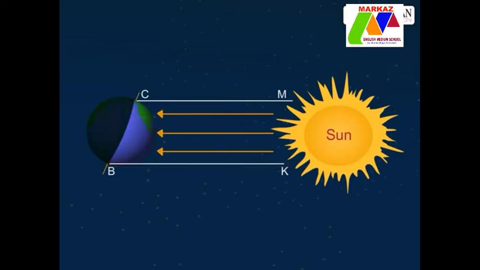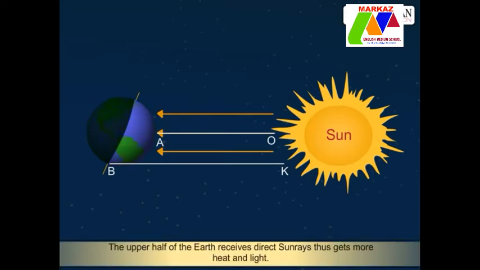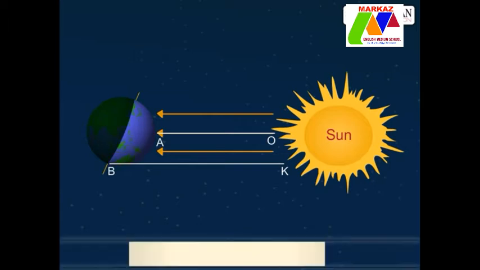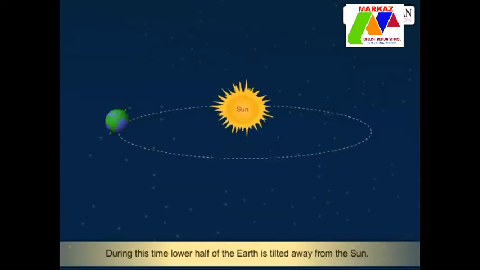BK are the points from the south pole to the sun. These points help us understand that the upper half of the earth is closer to the sun. During the period of March to June, the upper half of the earth is tilted towards the sun. So, this part receives direct sun rays and thus gets more heat and light. This means that the upper half of earth has summer during the period of March to June,